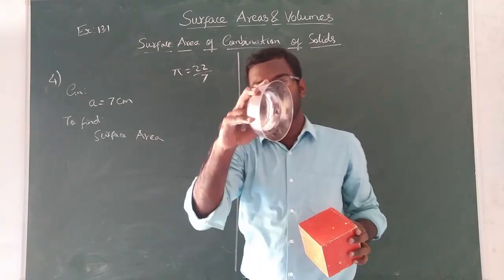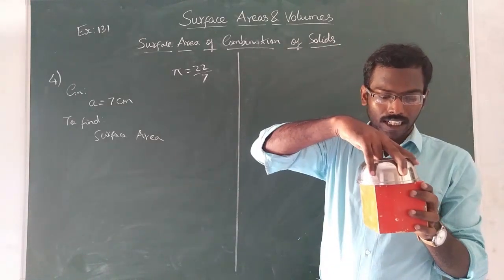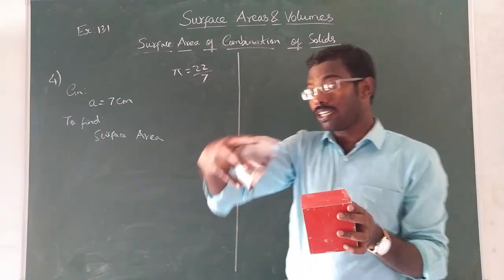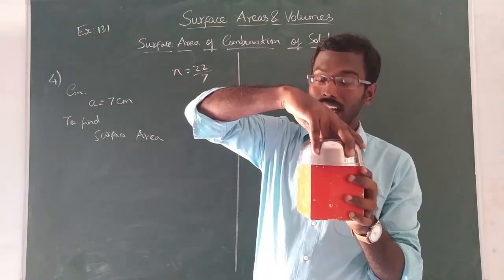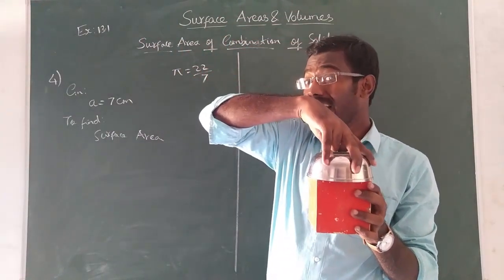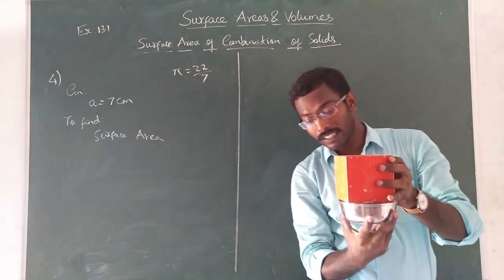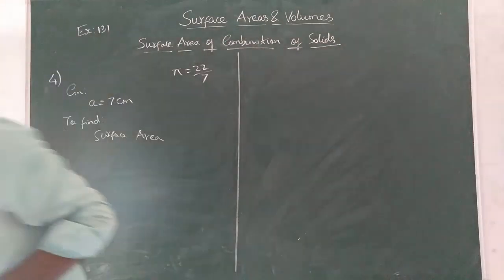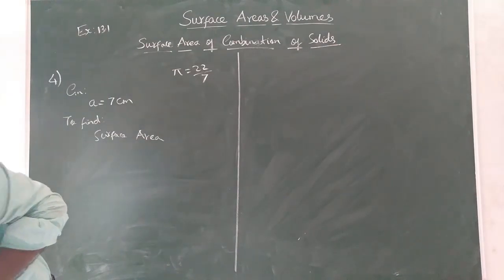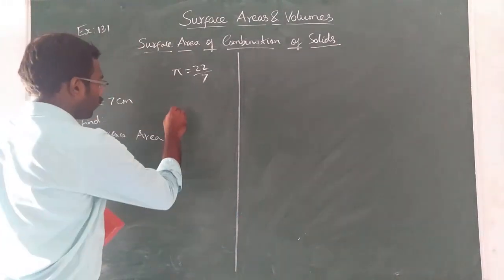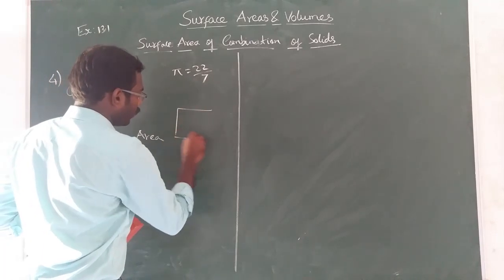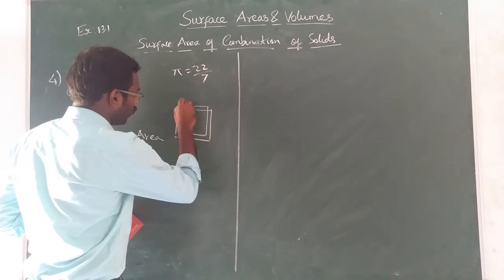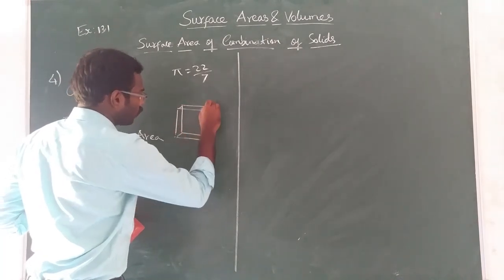This is not exactly a hemisphere, but you can consider it so that it is surmounted like this. Okay. Surmounted by means the hemisphere will be on the cube. Surmounted on a hemisphere means the hemisphere will be at the bottom. Understood? So now here in this question it is surmounted by. Therefore, the rough diagram will be like this. The cube is there. Draw a cube. Okay, this is a cube.